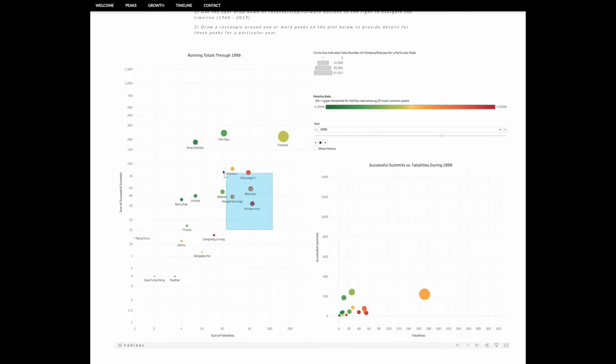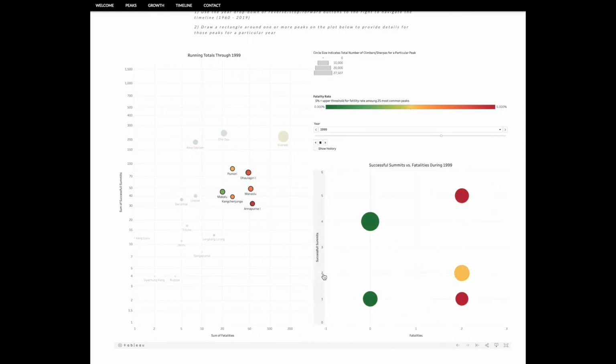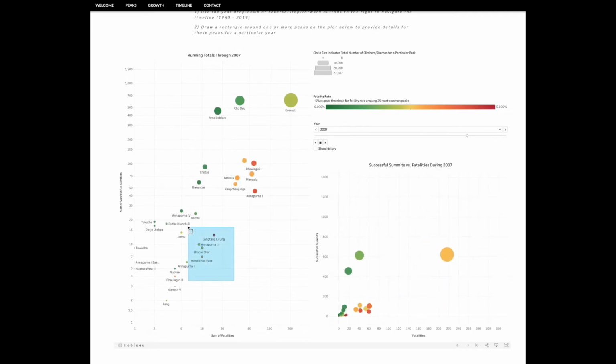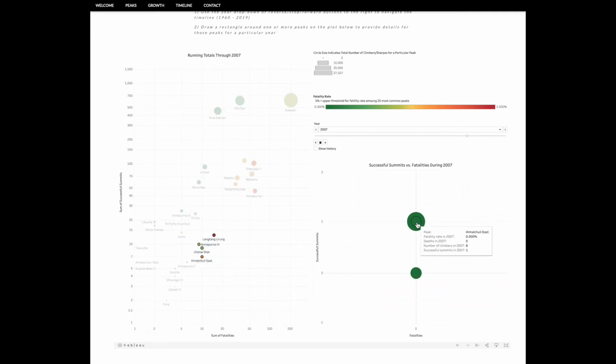We can also use the brush tool to select a specific set of mountains and see just that year's metrics by hovering over the mountains in the facet in the lower right. We can change to a different year and select a different group of mountains, and again, see the specific number